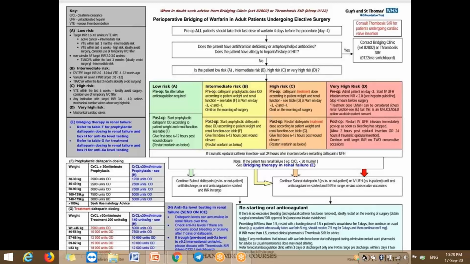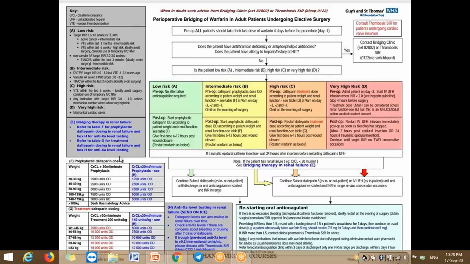What will I do? I have 2 risks here: the risk of bleeding in the theater and the risk of getting VTE for this woman. So I need the bridging here. So I will stop warfarin at 36 weeks or 2 weeks from the elective birth. Then I will shift the woman to the low molecular weight heparin or the unfractionated heparin according to the